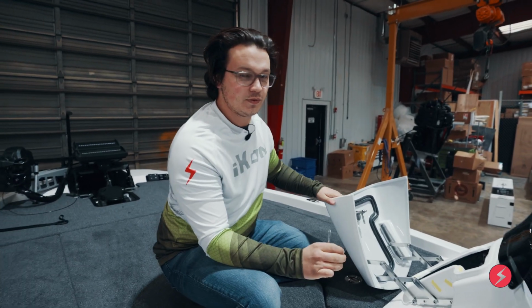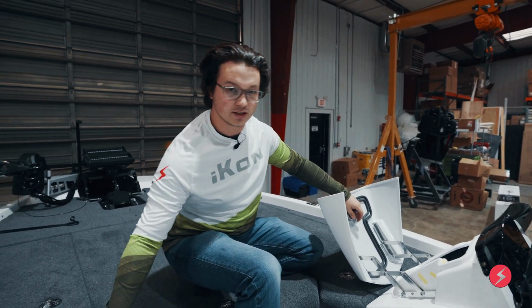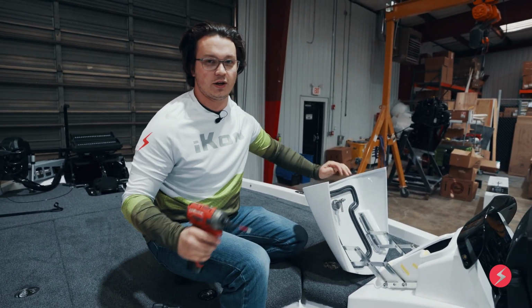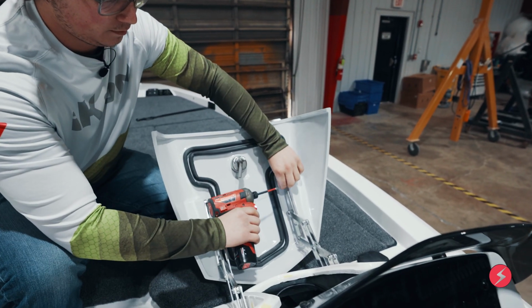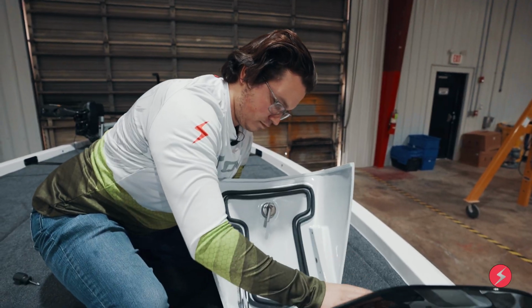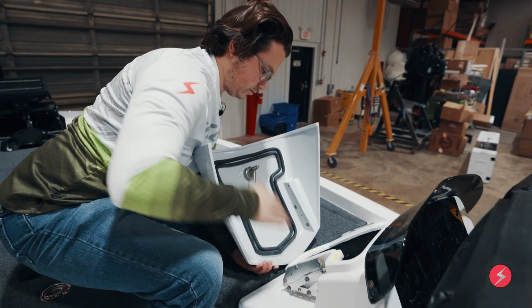If you want to, you can take off this dash hood. It is only 4 screws, so I'll show you how to do that. So after you uninstall the dash hood, you will reach your hand with your screwdriver in here to the back